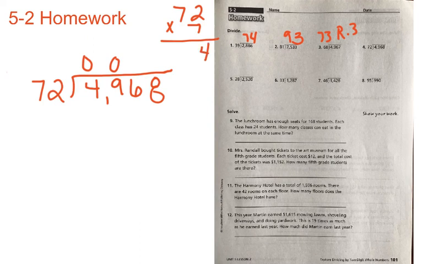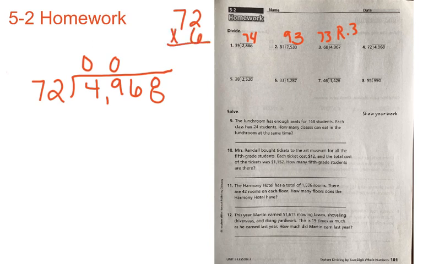7 times 2 is 14. Put down your 4, carry your 1. 7 times 7 is 49, plus 1 is 50. And we can see 504 is very close to 496, but it's too high, so it tells us we have to bring that back down 1. And so we need to do 72 times 6,